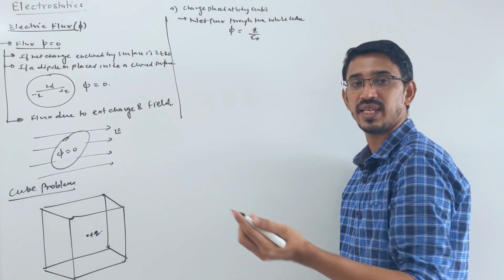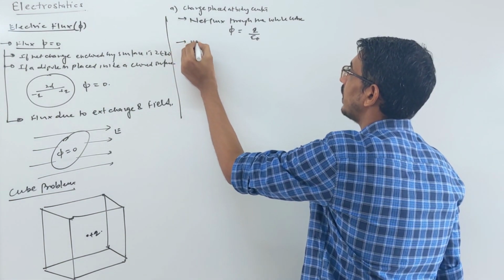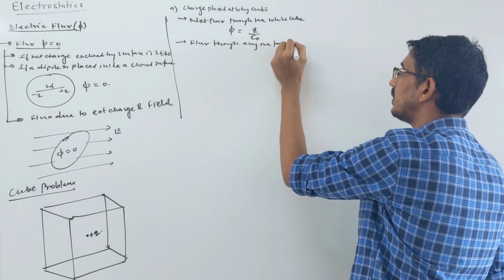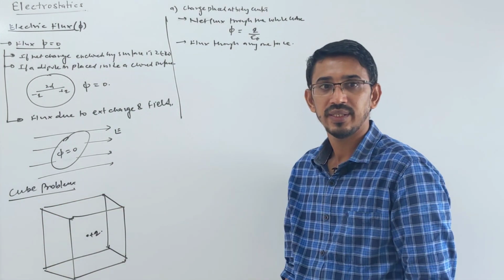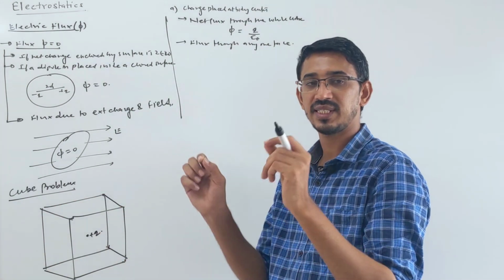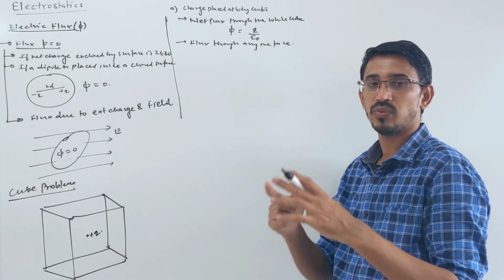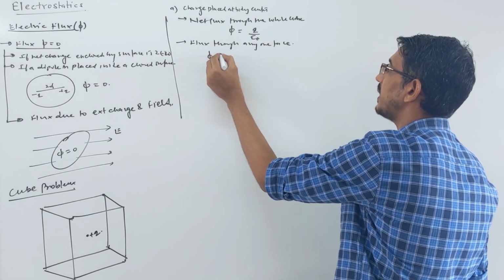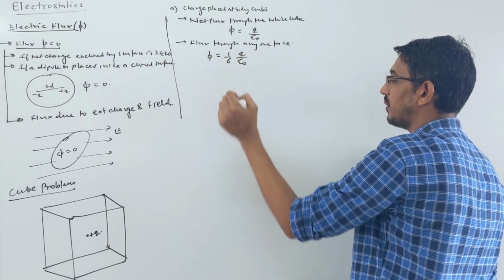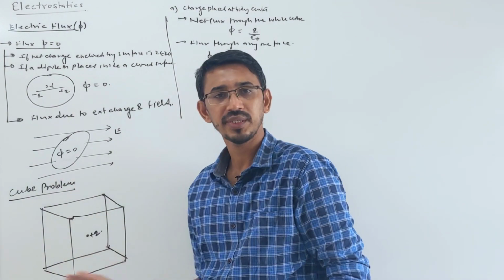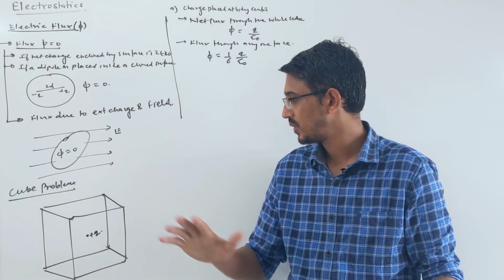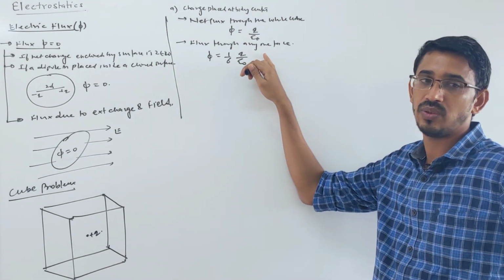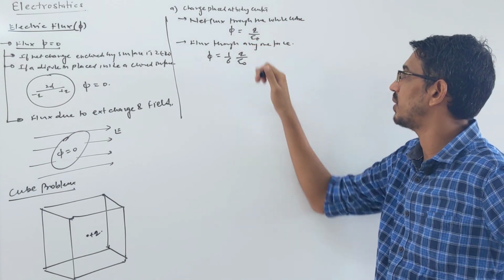But they ask for any one side, any one surface, flux through any one face. There are 6 faces, right? And this charge is placed symmetrically at exactly the center, the body center. So flux going in all directions, all sides, will be equal in magnitude. So flux through any one side, they are asking, then 1/6 of Q upon epsilon naught. 6 sides we have, 6 faces we have. So flux going through all 6 faces is equal in magnitude, right? So any one face is 1/6 of the total flux. Total flux is just Q upon epsilon naught.